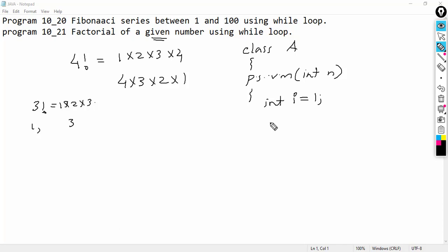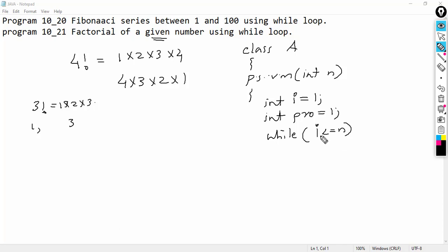So we can start the while loop. In the while loop we need to multiply the values of I. So we can have a variable of int type, int product or something like that. Here we are going to declare int pro equal to 1. Then the condition: while I less than or equal to n.